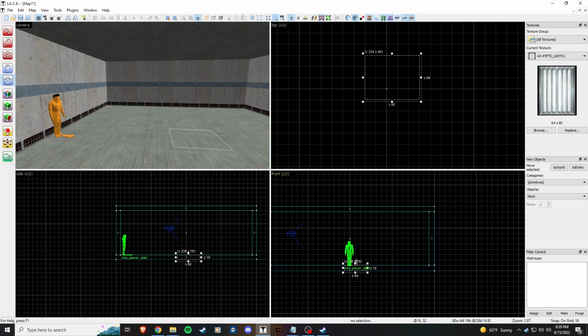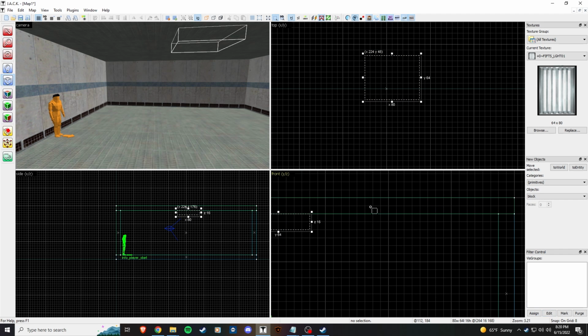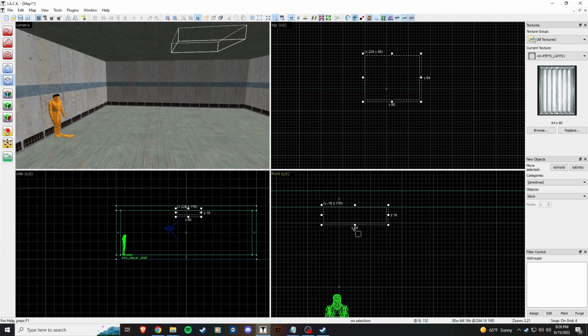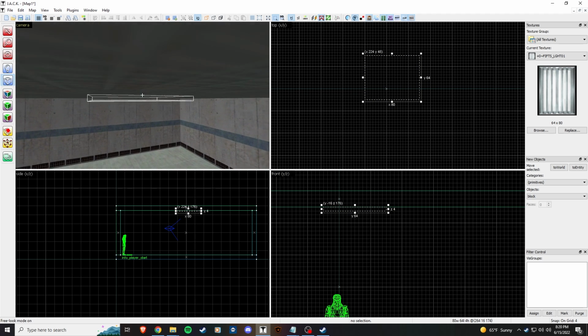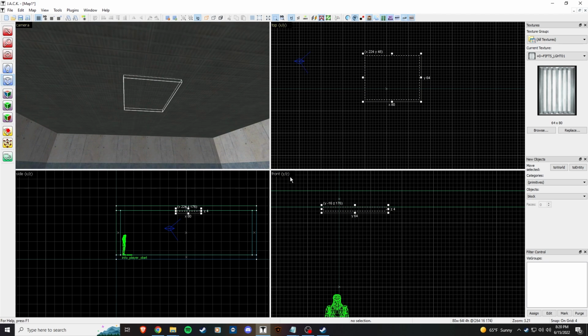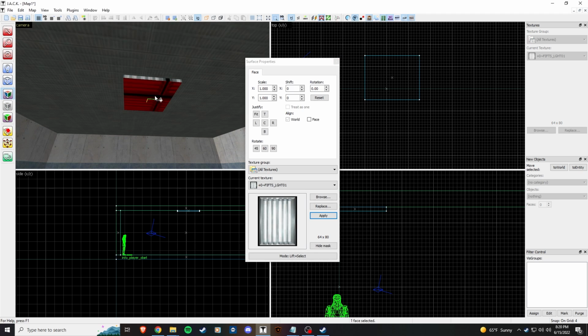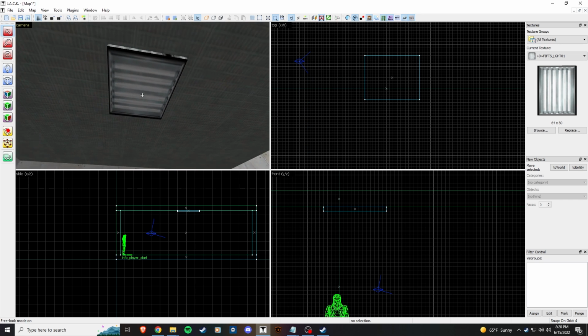block here. Going to bring it up. And then I'm actually going to go down in grid size a little bit. I'm going to go to 4 because we don't really want this being too thick. We can get a preview here. That looks decent. I'm going to hit enter. And I'm going to fit it, and we can see that it is